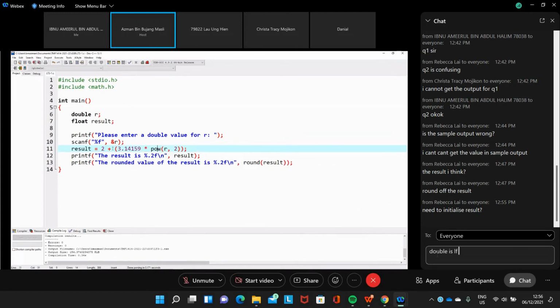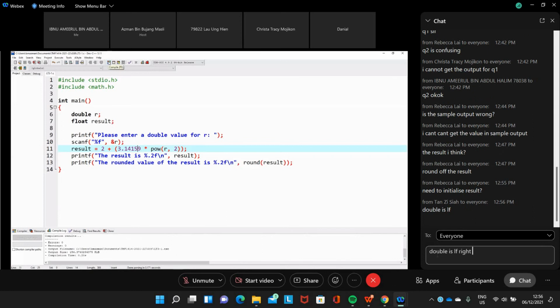So 2 plus this one, and then this is 2 plus something here, isn't it?